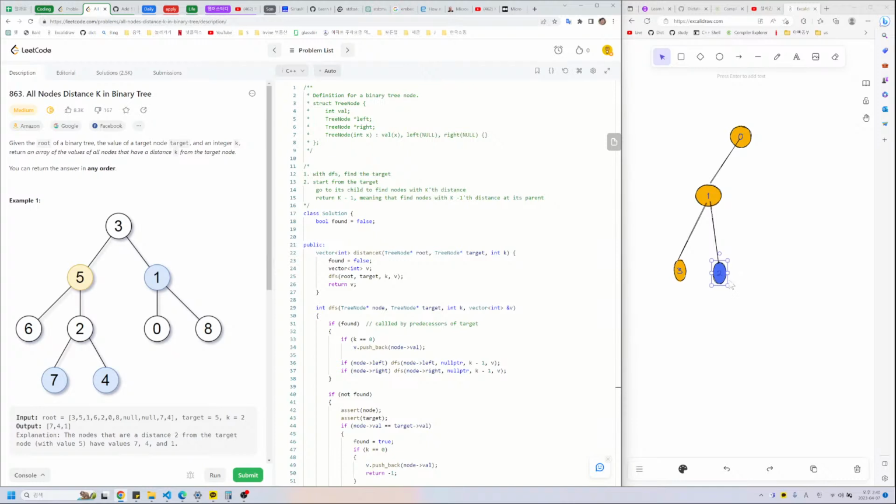Let's say that this is target and then we have 2. And then let's say that there are some more nodes underneath here. And then we don't want to mess up with this structure because